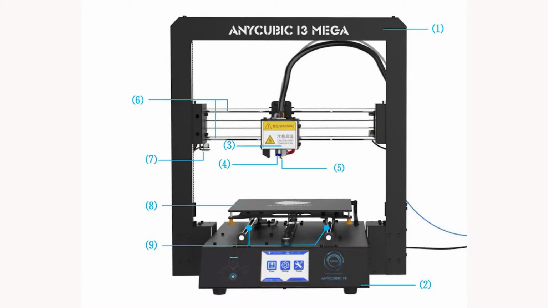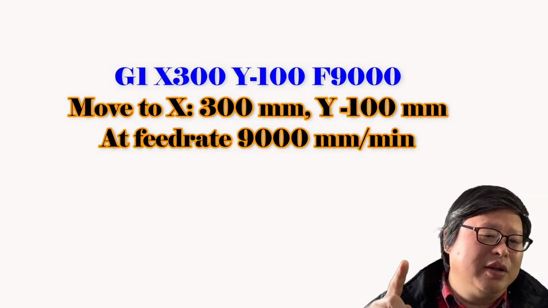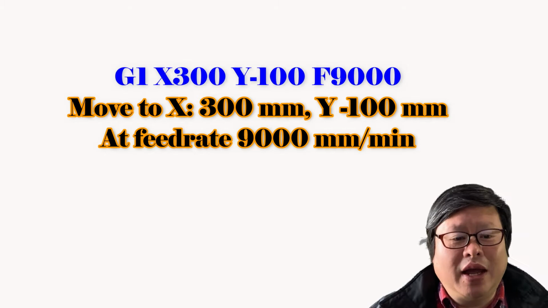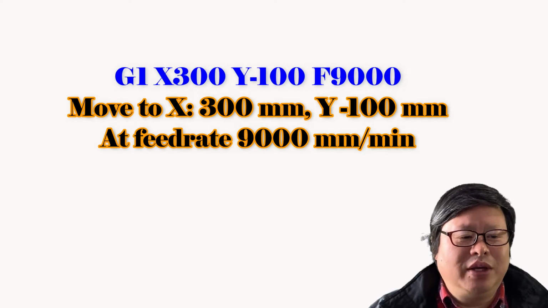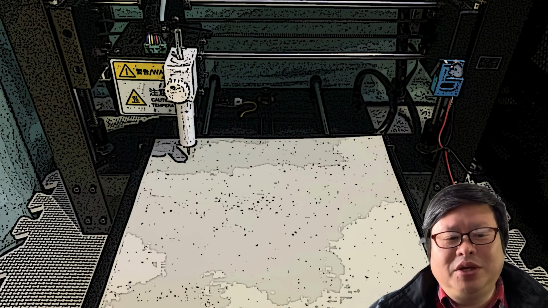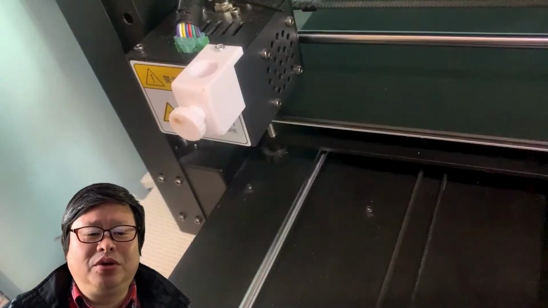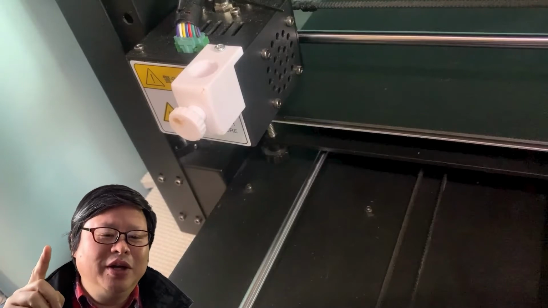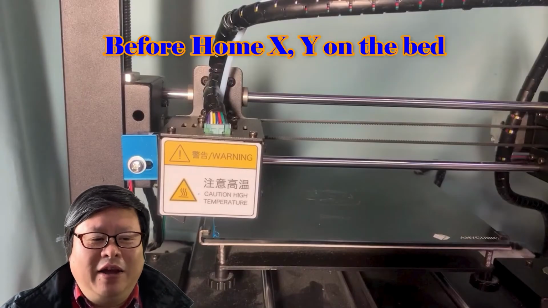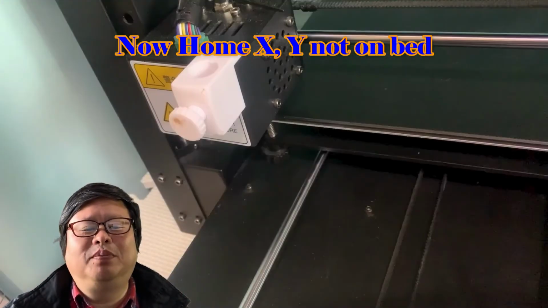For example, my printer's X, Y have a limit of a 0 to 205 mm square. If I give the command that moves the printer head to X300, Y minus 100 mm, such as G0 X300 Y-100, it will commit without any question. If it is in the fast-moving process, it may destroy the Y-axis initialized structure, just as happened in my case. Maybe. I don't know, in fact. I only know that I found the Y-axis has a problem. And it just happened after I played the G-code game.